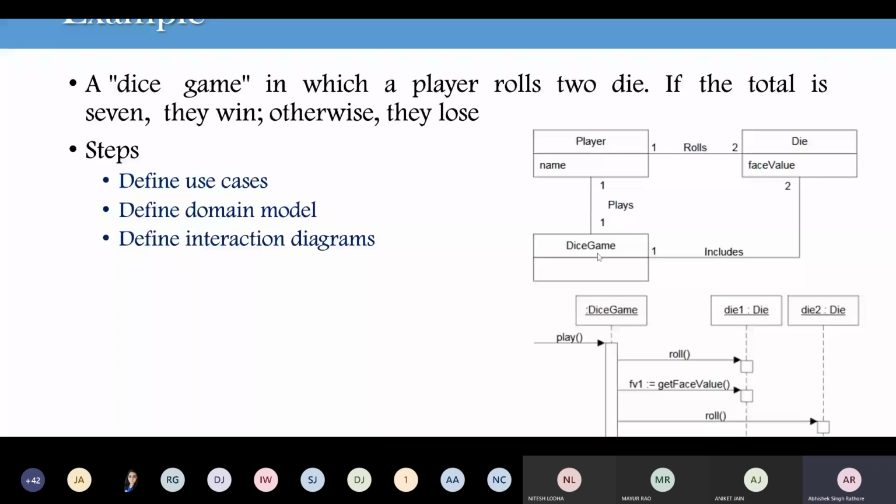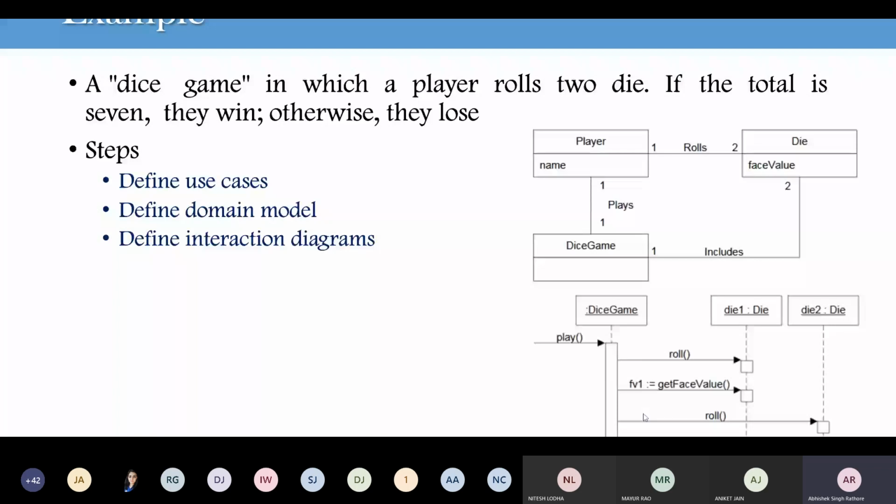When I said in the previous slides that different diagrams are interrelated, this is just an interrelation of different diagrams. So the player and dice game are associated with play. The player calls the function play of the dice game, and from the dice game we call a function to roll a die, and again call a function to roll the second die.